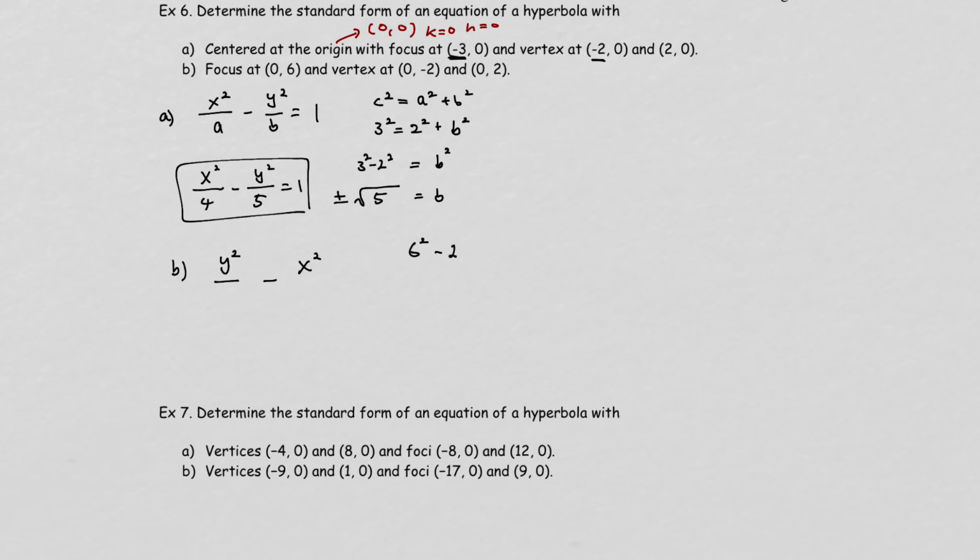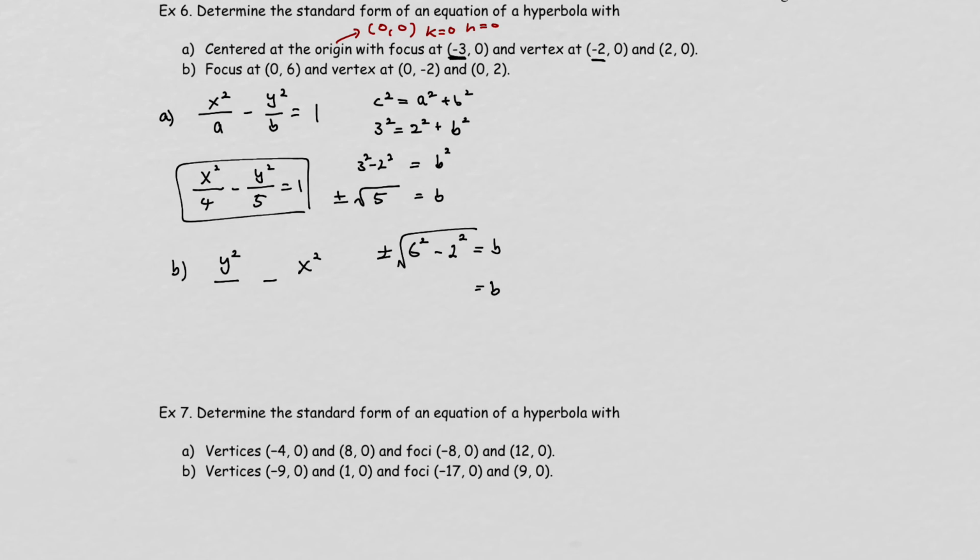Because it's on the... well, I guess we can say a is 2, right? Which is going to be 2 squared will be b. So that gives you b is equal to